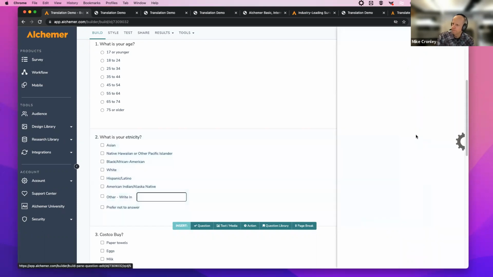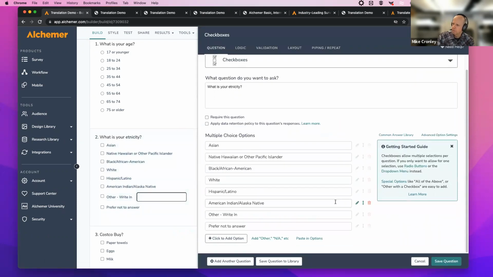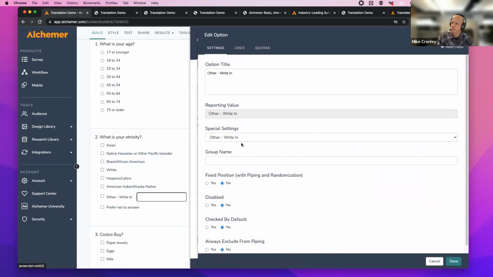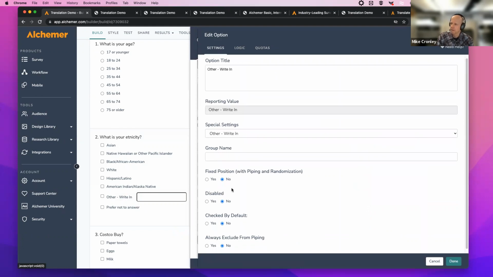So I'll go to edit, and this is a little hidden world. The answer option has a pencil. So this is more functionality just related to that answer option. And if I go into one of the selections, there's be fixed. So this is the edit for the option just for this one answer option.